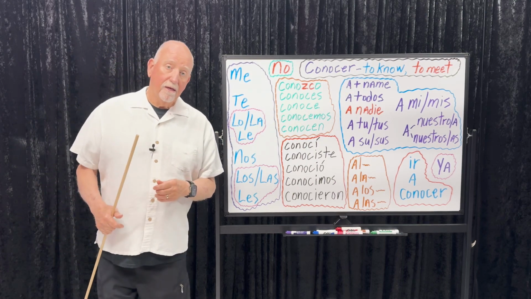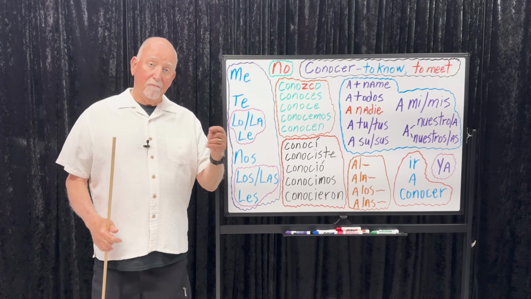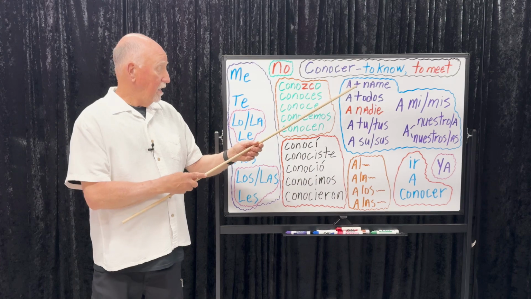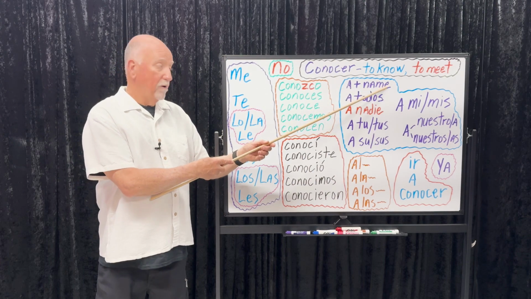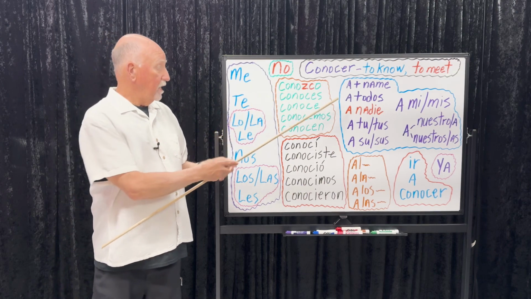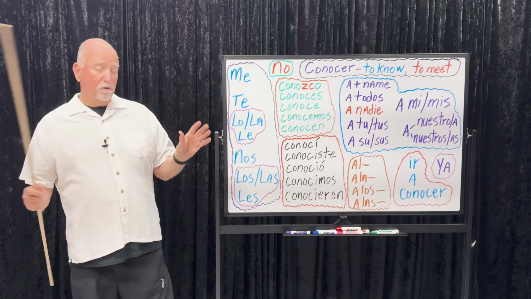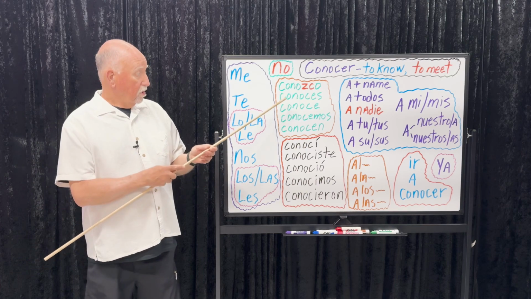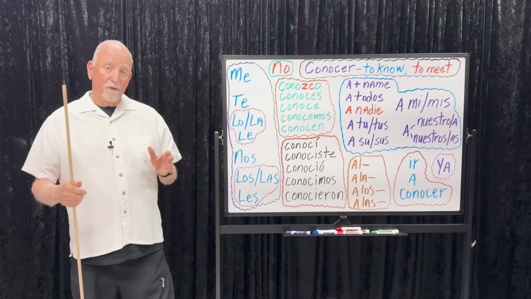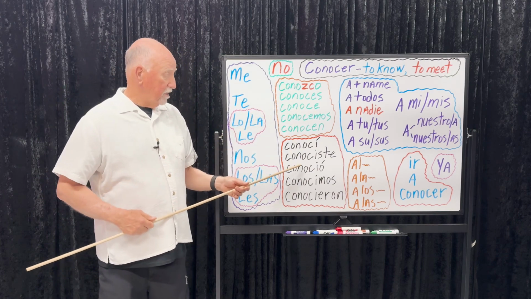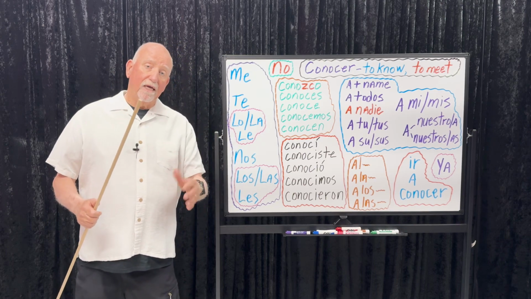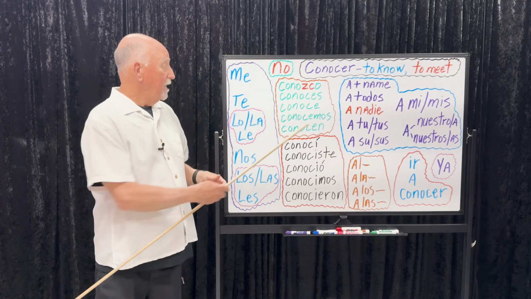Like, I know Bob and Mary would be los conozco a Bob y Mary. If you want to say, I know everyone, conozco a todos. Conozco a todos or los conozco a todos. Now, just starting out in Spanish, if you just want to start with the verb conocer and go with the a phrase, that's fine. As you get more fluent and more comfortable, add in the pronoun